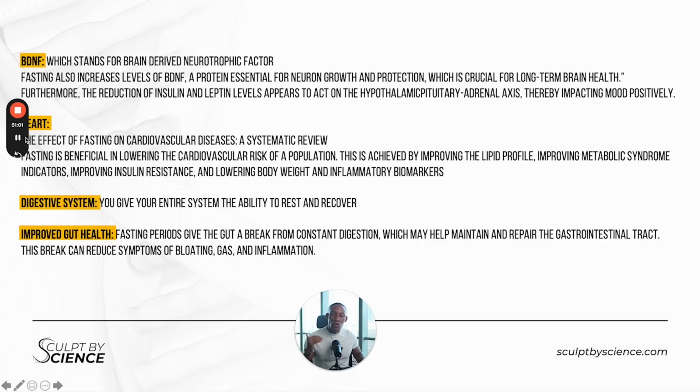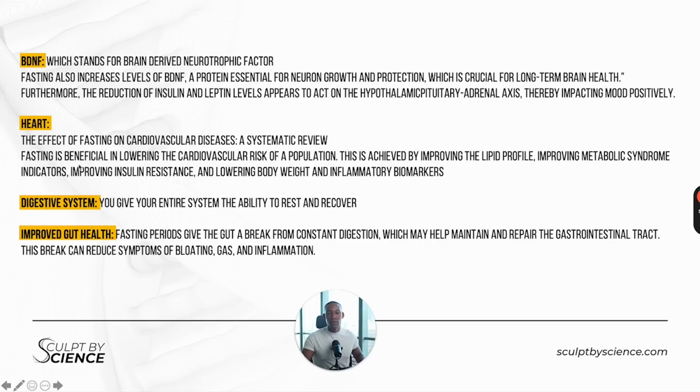I feel so good. So it's why I share this so much, it's such a golden nugget for people to improve. There's research, right? And the research paper I'm talking about is the effects of fasting on cardiovascular diseases, systemic review. So it's a lot of research papers put into one. Fasting is beneficial in lowering cardiovascular risk of a population. This is achieved by improving lipid profile, the fat in the blood, improving metabolic syndrome indicators, improving insulin resistance, and lowering body weight and inflammatory